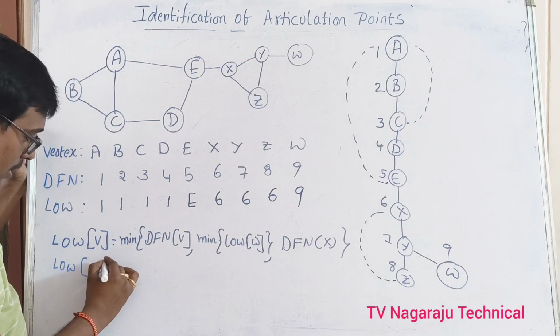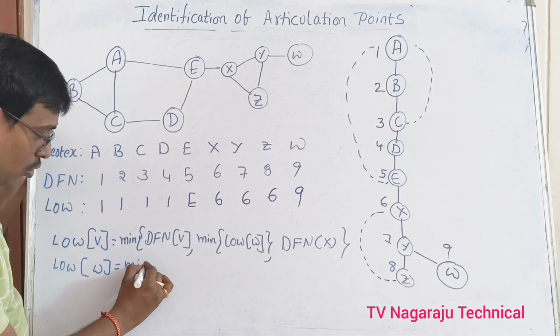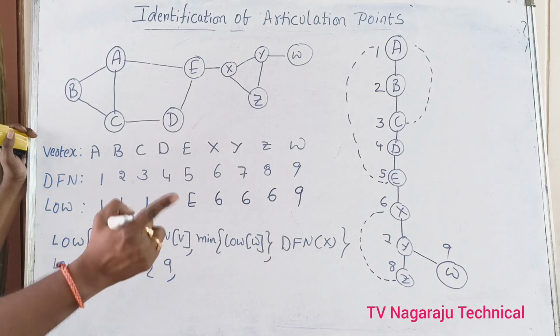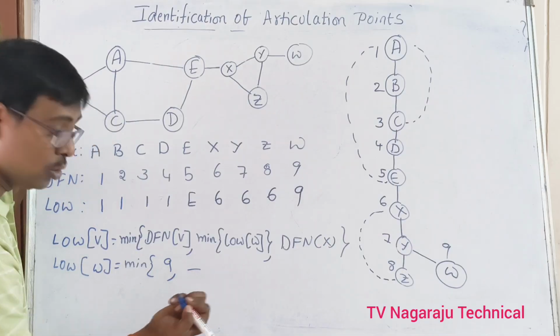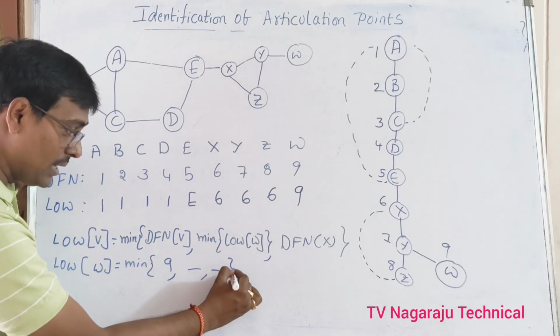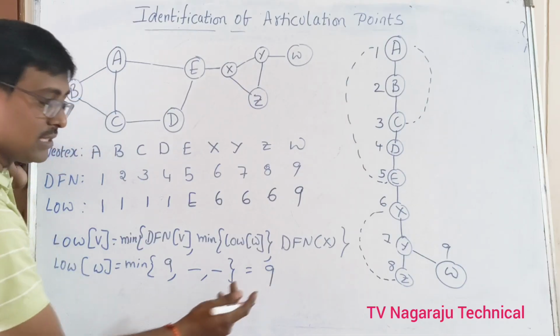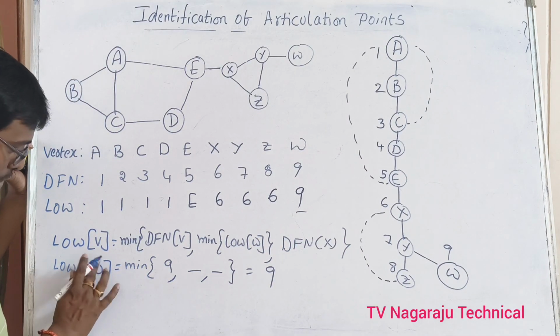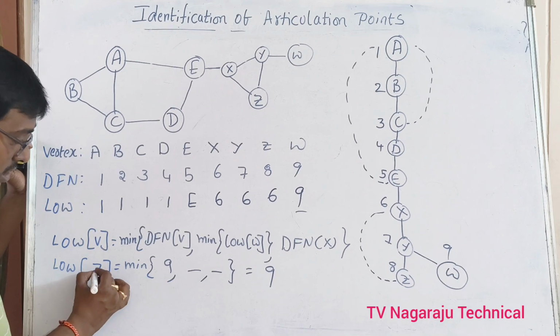First, low of W is equal to the minimum of DFN of W, which is 9. For W, there is no child and no back edge. What is the answer? Directly the answer is equal to 9. Are we getting it right or wrong? Right. Now, low of Z is equal to